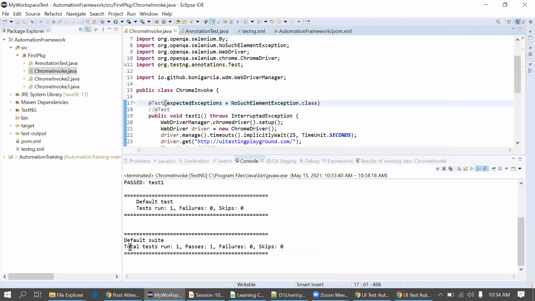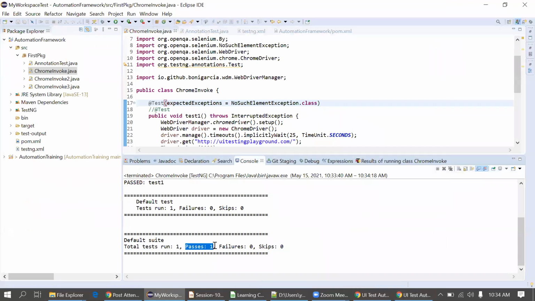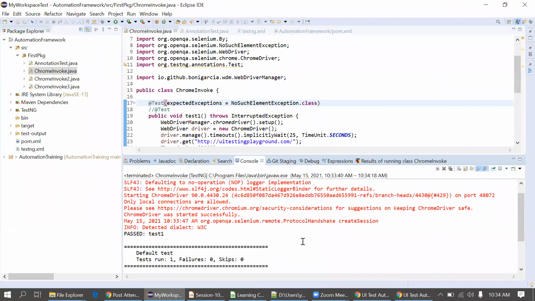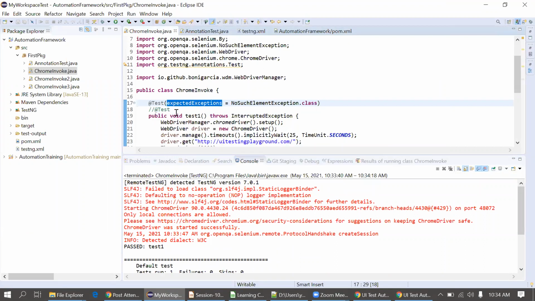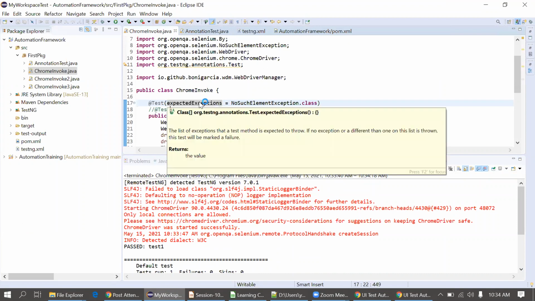You can see total tests run 1, passes 1, failure 0. Now we are not getting any error here. So that is the difference between using this expected exceptions attribute and not using it.